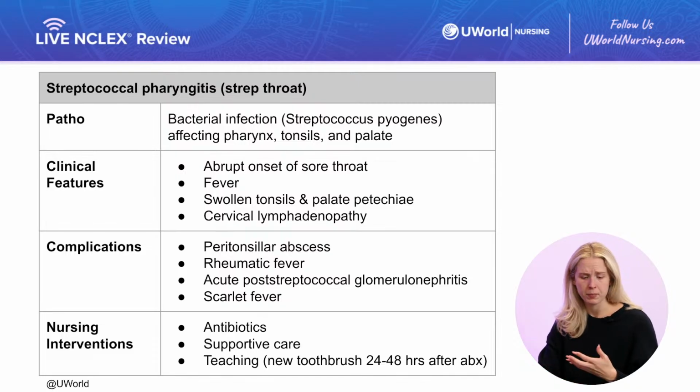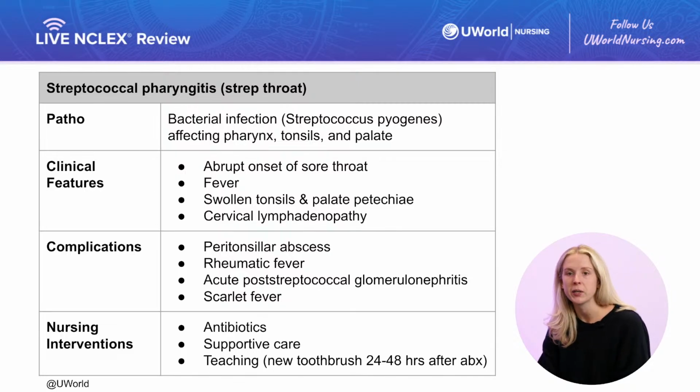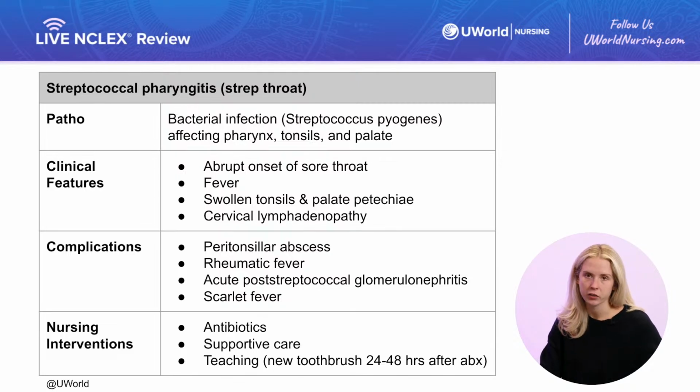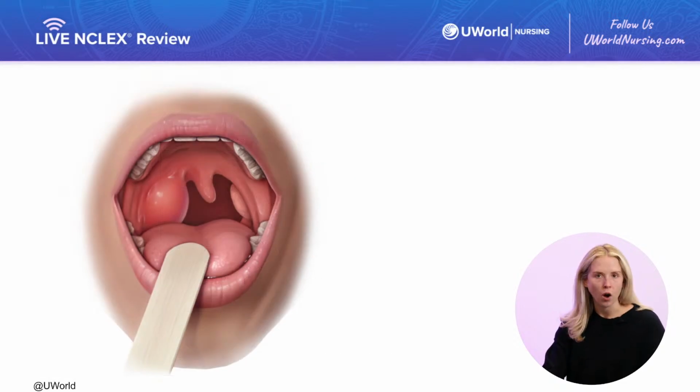But some of these can be caused by any of that strep bacteria just in general. There's lots of different types of strep bacteria. So a couple different particular complications to call out. The first up is a paratonsillar abscess. This is something that just means an abscess on the tonsil. It's all in the name, but it is an emergency because they can grow large enough to actually obstruct that